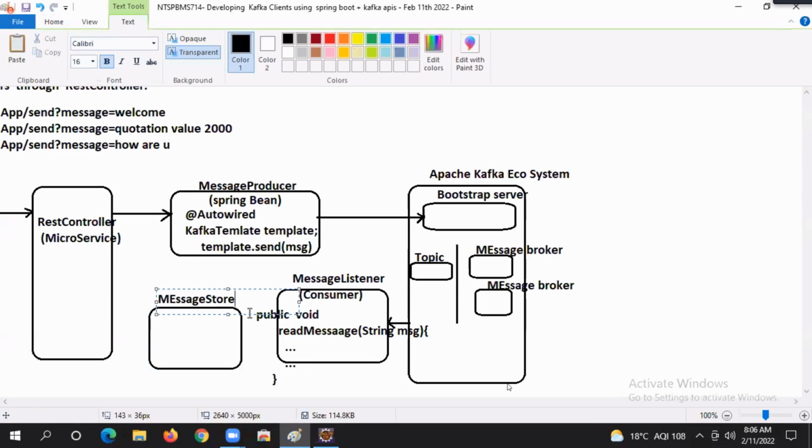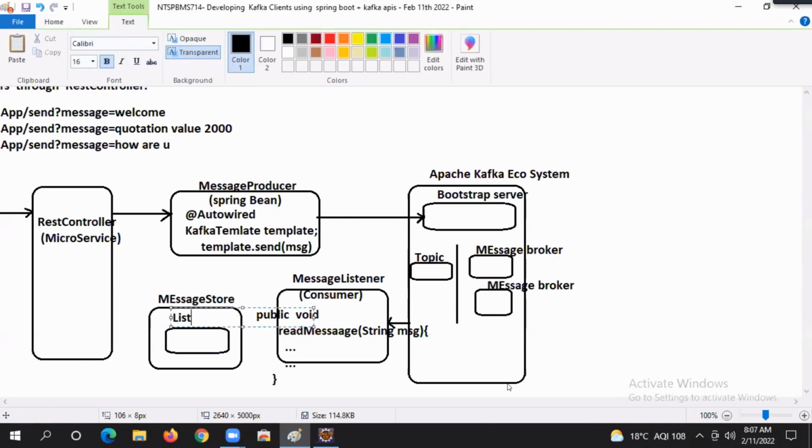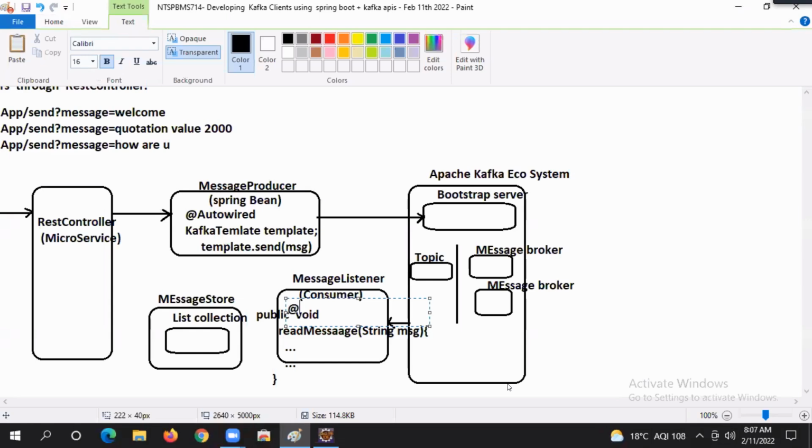Where? In a list collection. Here on the top of the method,